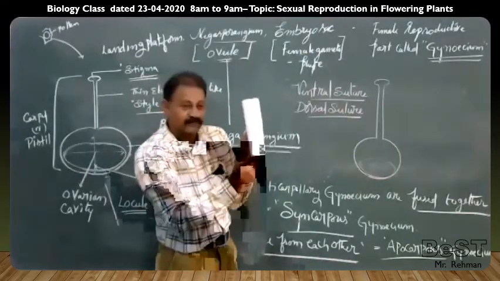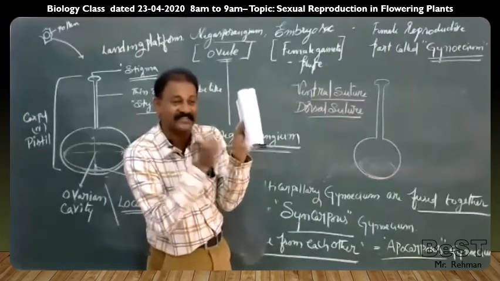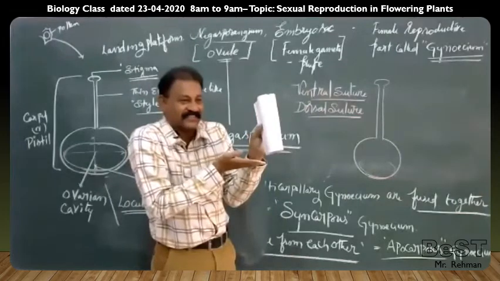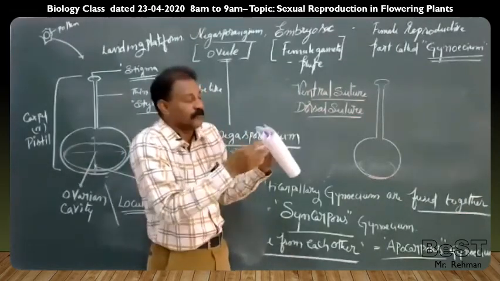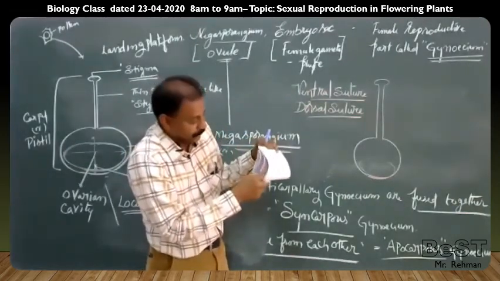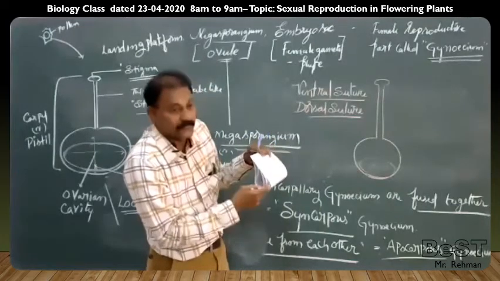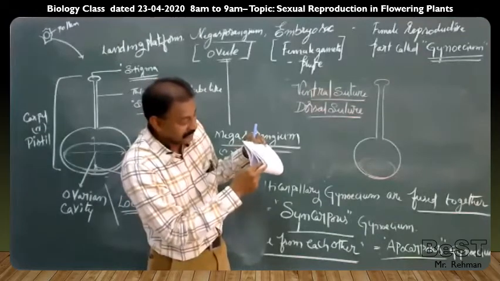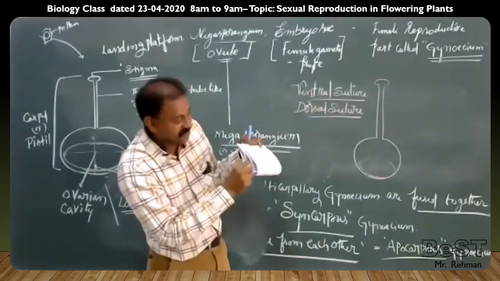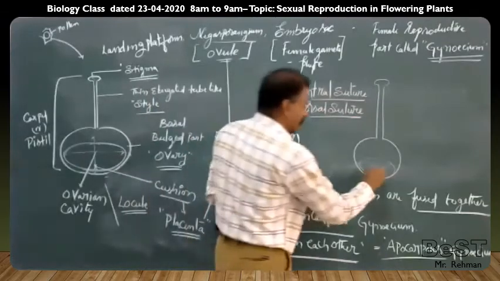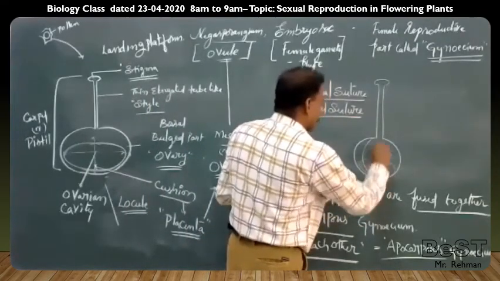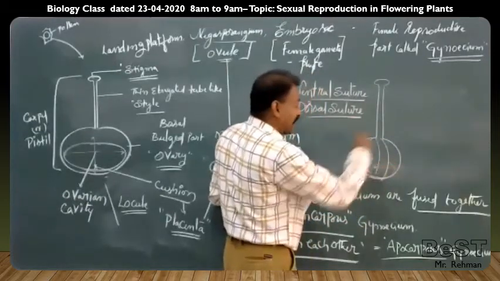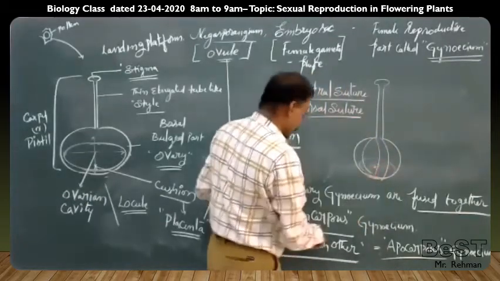Sir, if a condition comes like this, to understand whether it is monocarpellary, bicarpellary, or tricarpellary, how to cut? Transverse section. If we cut the transverse section, we are able to see 1, 2, 3. In between every locule, there are walls. These walls are called septa. So we can understand maybe one carpel or 1, 2, 3, 4 carpels are present, but all are looking like a single syncarpous.